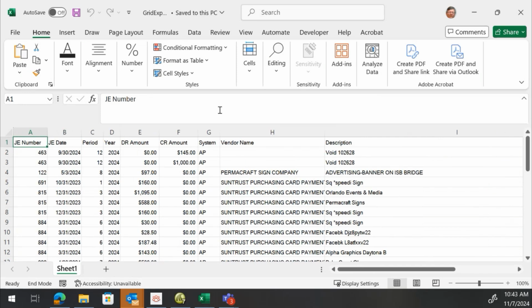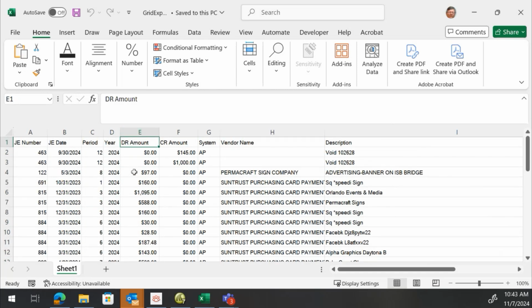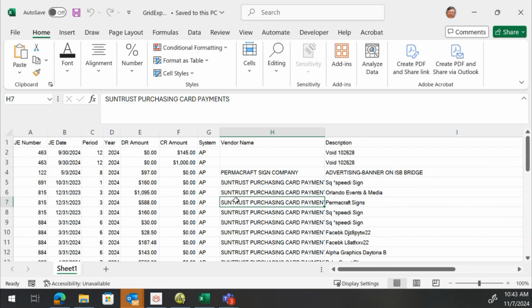Now you have a nice bit of information here, so if you wanted to sit there and ask, how much did we spend last year, you could just total up the column. But a lot of times you want to know how much you spent to a specific vendor, or sometimes how much you spent on purchasing cards, or you want to see some of this information and some of it you don't. So now we're going to talk about a feature in Excel that people don't generally use that much,